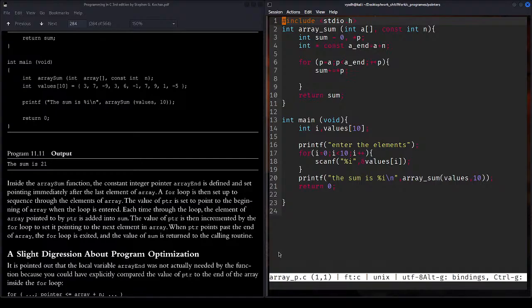Or you can do one thing also. You can just write a plus n here, and we can, no, we cannot do this because we need to define that a end is constant and a pointer. And we are incrementing the pointer. Since we need the values now here, so we have used this,